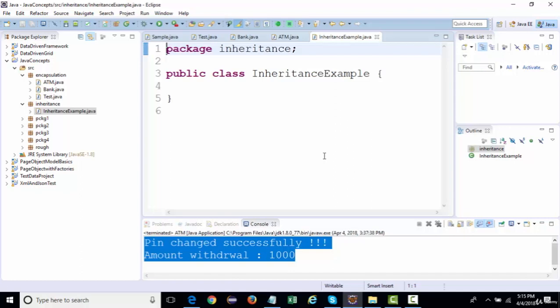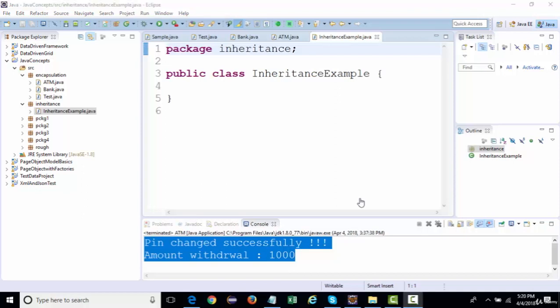And if B is a child class, the child can simply call that method, but the action that will be performed is of that child only. The action will not be performed of that particular parent class, right? We are not going to create an object of a parent class in the child class and then call the method, right? So this is what we need to understand when we're working on inheritance, and I'm going to explain this in depth once we practically start writing some code against it.